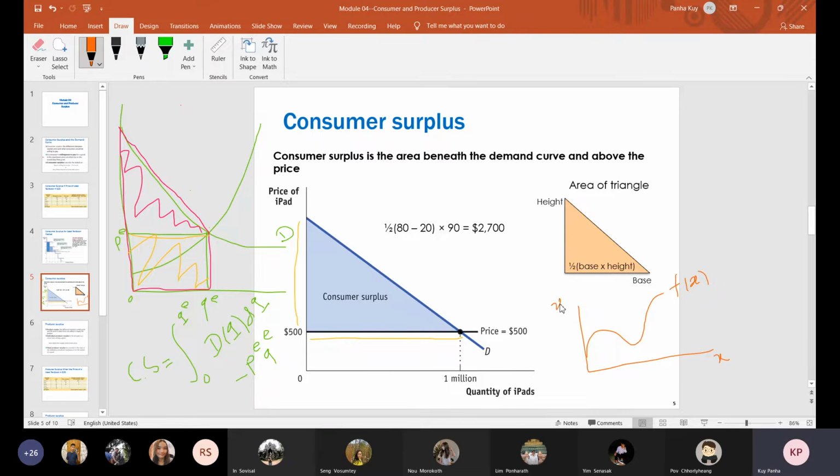Y is equal to f(x), right? And then I have to calculate this area, I mean this shaded area, from A to B. I suppose this one is the value A, and that is the value B. So in order to calculate this area, I need to use the integral from A to B